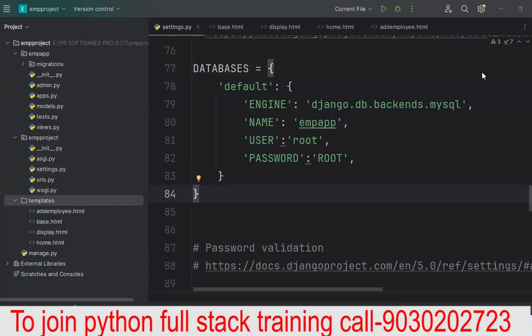Hello everyone. Today we are going to see how to create the complete employee management system with front-end designing and complete the back-end part. So here I already created one simple project folder called employee project and I uploaded that project in the PyCharm. In this one, I also created the templates folder and there I created 4 files: add